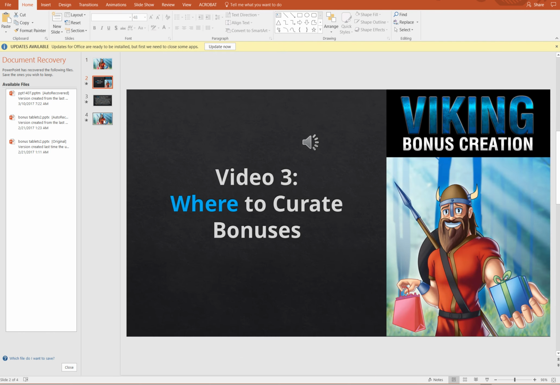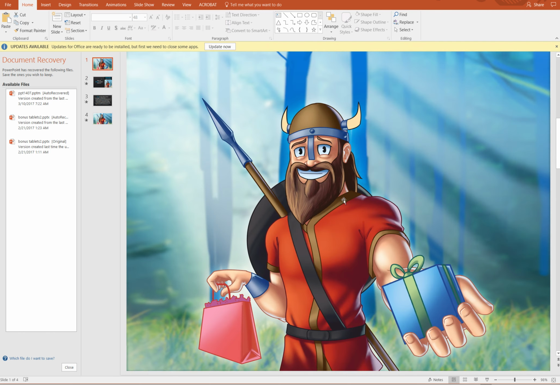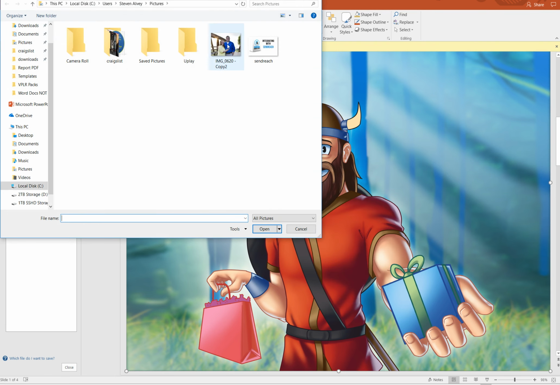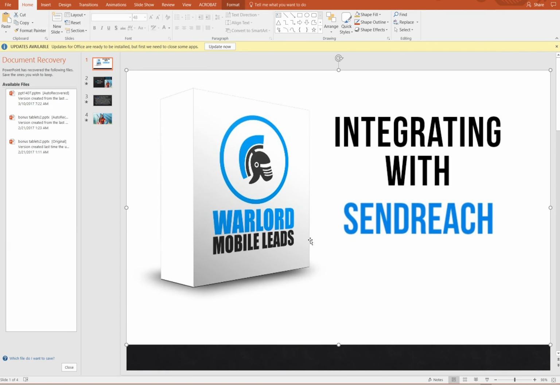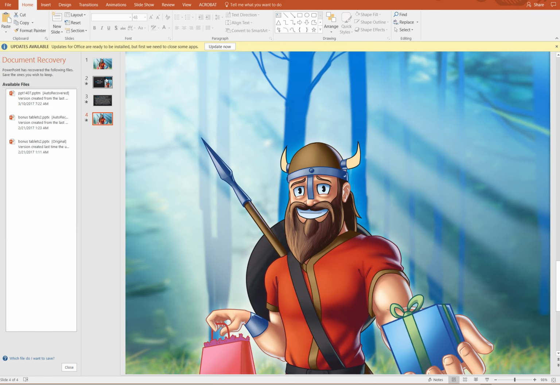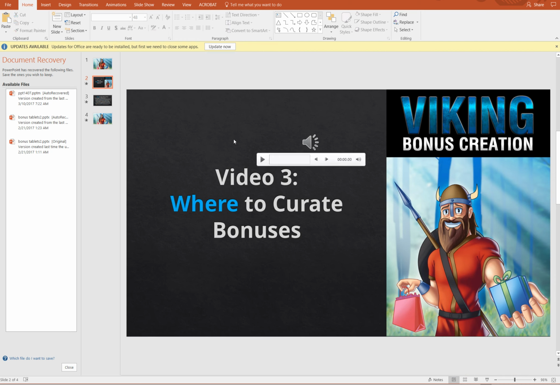There's 3 Viking images in each slide presentation, and what you'll do is you'll right click, you'll come over here to change picture, choose from a file, and I'll just grab a random image here. Easy as that. You would do the same thing here and here,